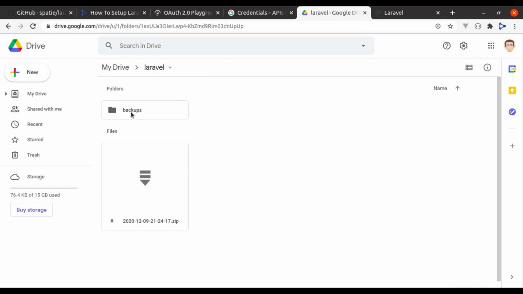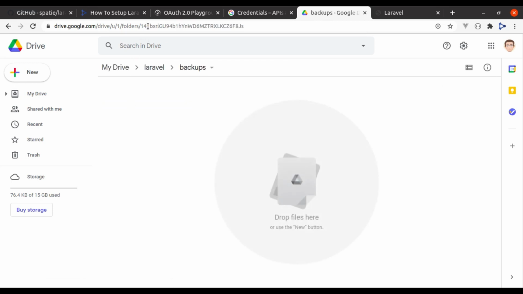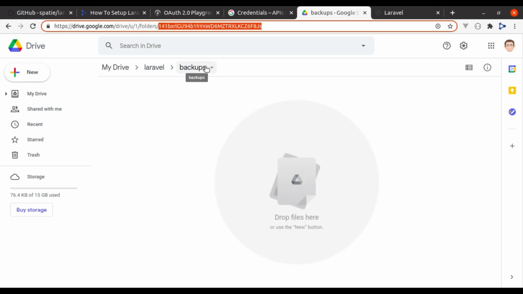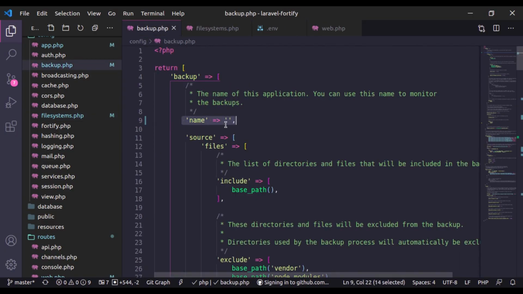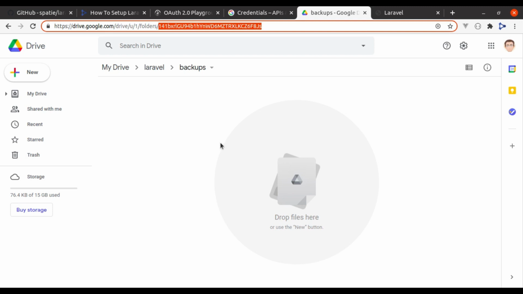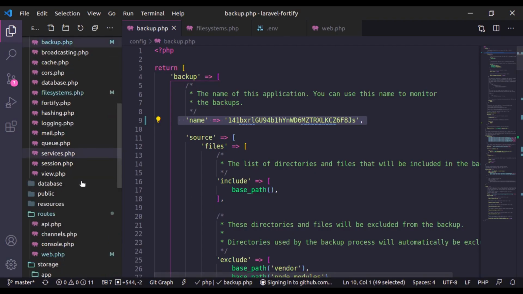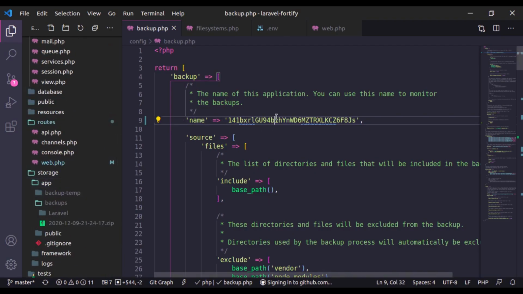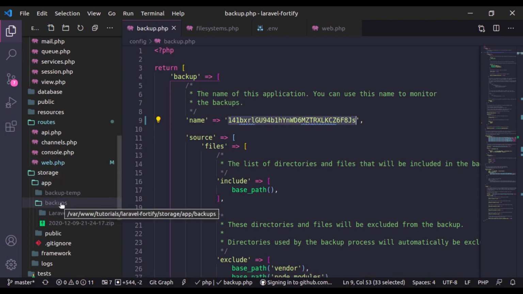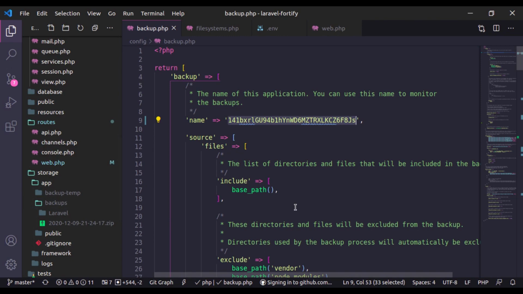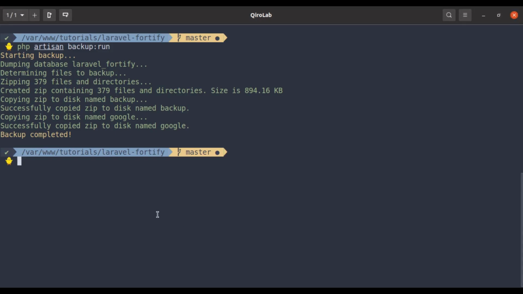So in that case, we will copy this ID of this backups folder and paste that right here. Now your backups will be stored in this backups directory, and in the local storage it is going to create this folder ID in the backups directory, and in that folder it is going to store the backup files. Let's see. So let's run the php artisan backup run.